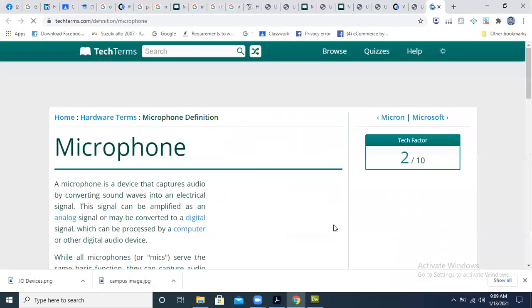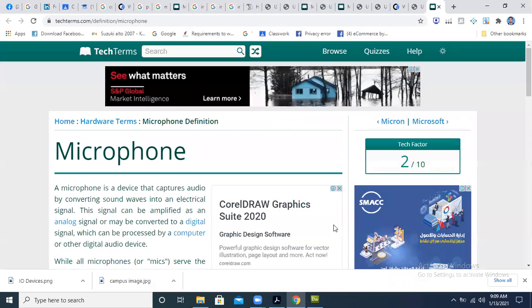Now when I click on the microphone, the page is getting opened. So in one image we can make multiple links. We will do this topic once again in the next class so that there should be no confusion. So multiple locations are linked using a single image. I hope this point is clear to all of you. Have you got any question? Please ask me if you have any question.